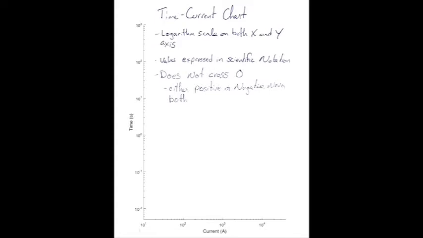All right, so we've got 10, 100, 1,000 amps, 10,000 amps, 100th of a second, a tenth of a second, 1 second, 10 seconds, 100 seconds, 1,000 seconds. So another point of note, you'll never find a logarithm scale that crosses 0. You'll never find one that shows both a positive and a negative number. You can be negative, you can be positive, you'll never be both, and you'll never cross 0.